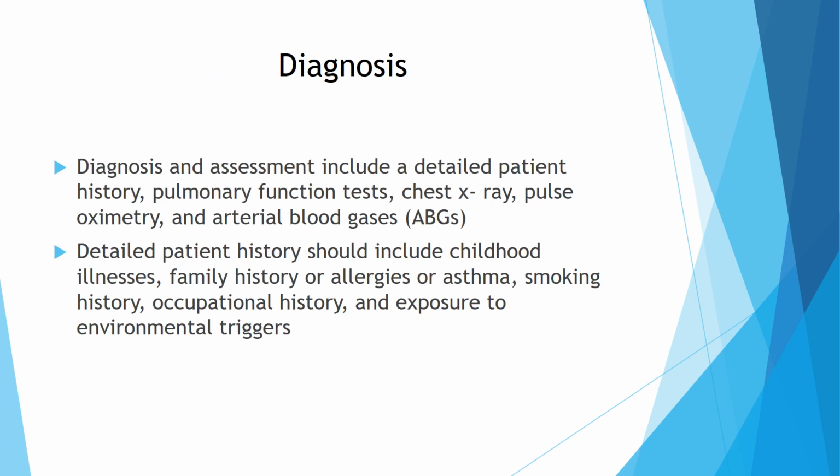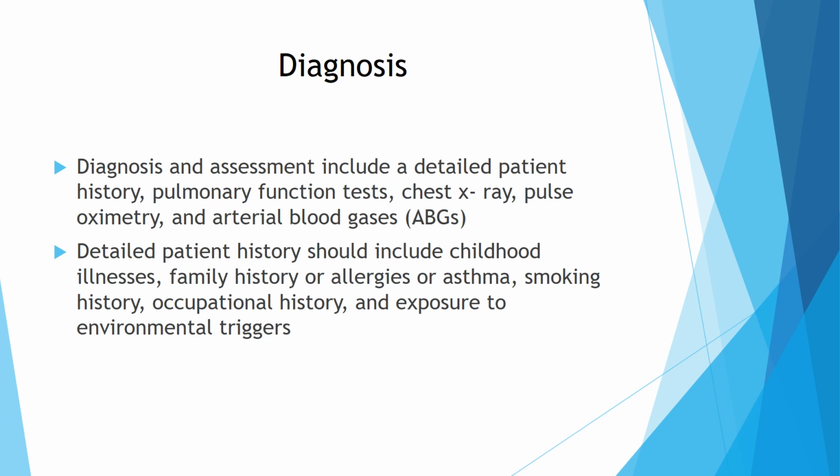So, diagnosis. Diagnosis and assessment will include a detailed patient history. We need to know how long have they lived with these symptoms? How do they deal with them? Have they had them since childhood? Do any other members of the family have this? Because we know that asthma travels in families. It lives in families. Diagnosis and assessment will include pulmonary function tests, chest x-rays, pulse ox readings, and then ABGs,